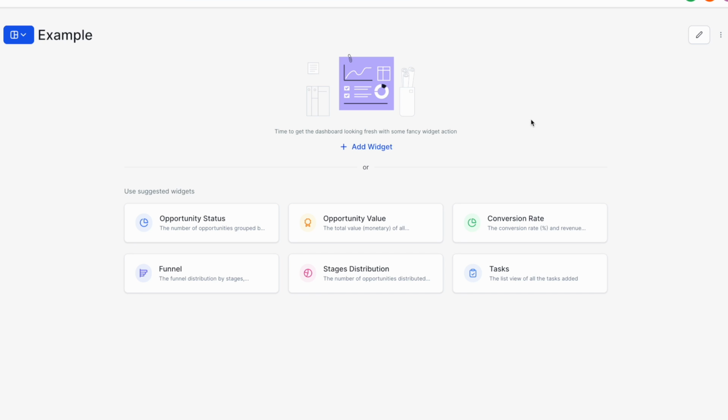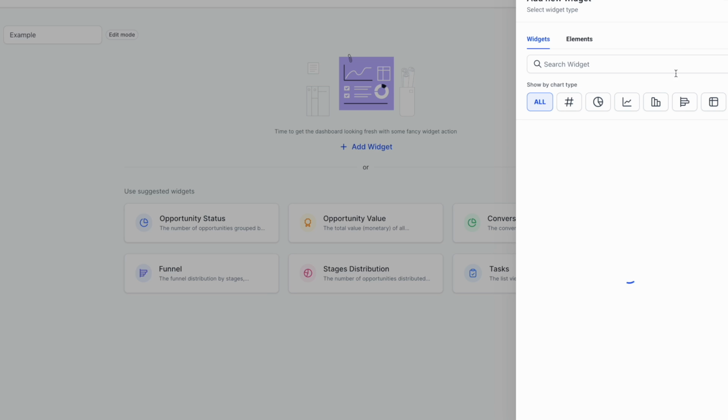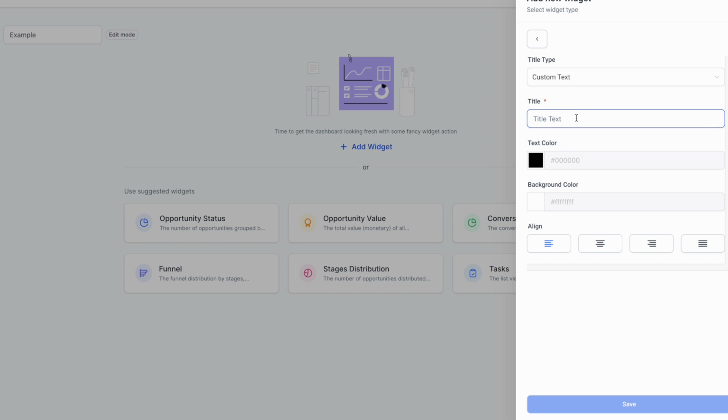So the dashboard is made up of different widgets and elements. And you can see it suggests some here, but you can click this edit button at any time and you can press add widget, and you'll see we've got widgets here and we've got elements here. So all of these create a box that you can move around, adjust, change the size and that sort of thing. More elements will be added over time, but you could give this a title and change a few things